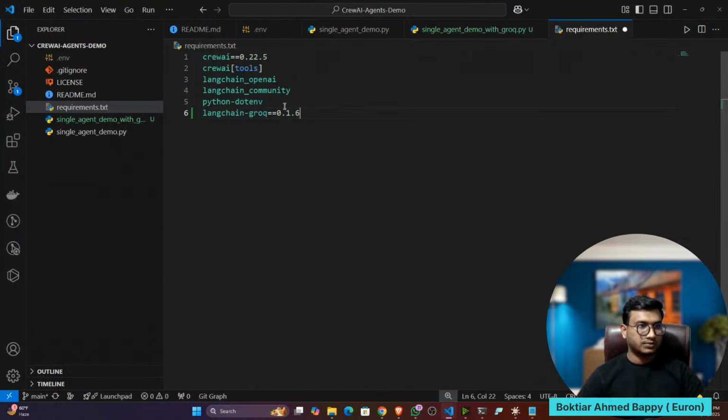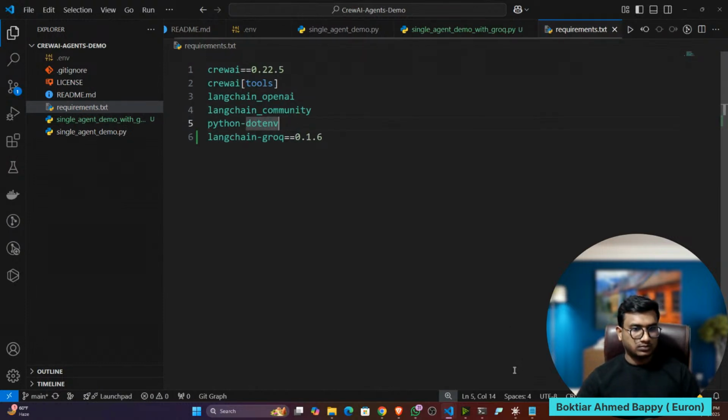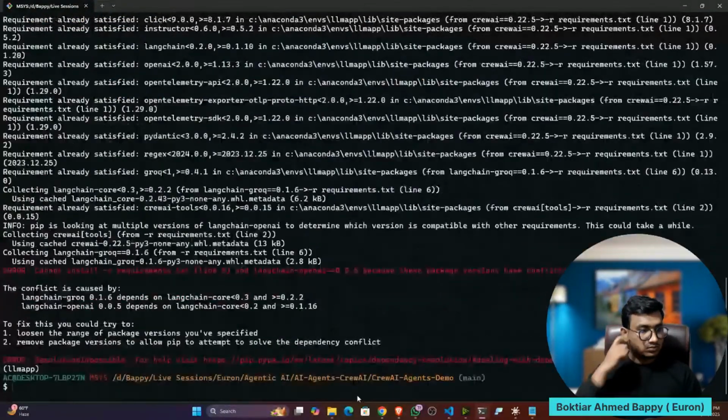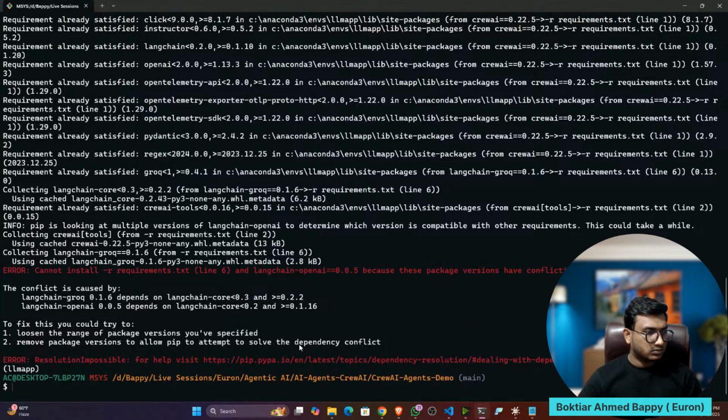Langchain Grok. Range of the package version you should specify, then remove the package version.